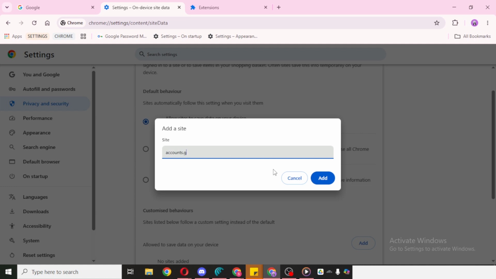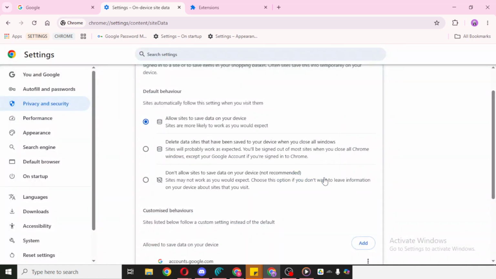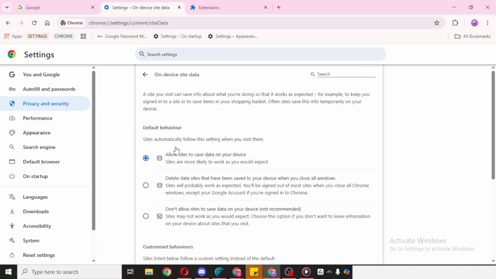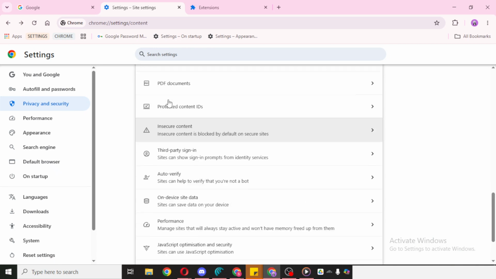This can remove old or conflicting cached information that may be interfering with Chrome sync. To do that, go back to Chrome and open the menu again if needed, then click Delete Browsing Data. When the Clear Browsing Data window appears, click Delete Browsing Data to confirm. Once that's done, give Chrome a moment to finish clearing the data.